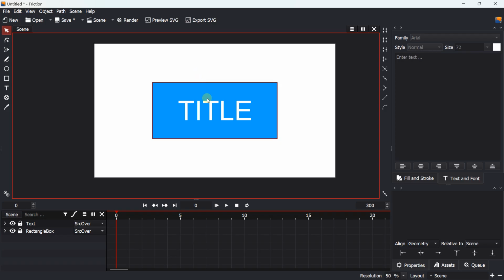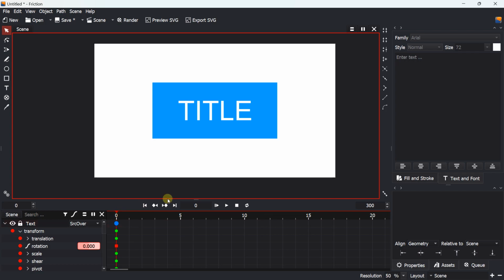So now I would like to create a small animation with this. So how can I do that? I can go on the right here, and in my rectangle options, I will just activate the transformation, and I will activate all the transformation here. And for the rectangle, what I will do is also the same for the text. So I will go on the text, and I will activate all the transformation.